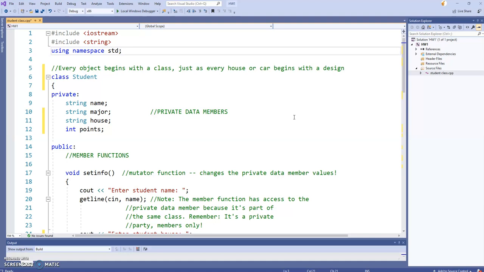Now look, you've been doing object-oriented programming since your very first day of class, the first day of the semester, but in that case you have been using objects that are already defined in the C++ standard library. Now you're at the point where you're going to be able to design your own objects and start using them. So I'm going to keep going with the student example, and we're going to ultimately create a student object